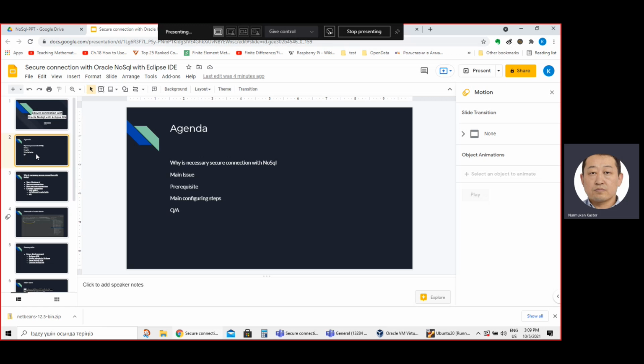But now somebody might be curious: we are just developers, maybe it's not the production line, we are just doing development. Why is it necessary for a developer to care about the secure connection? Of course, so far we can use the unsecure connection. We are able to connect to the database and able to see this table, but then going further,